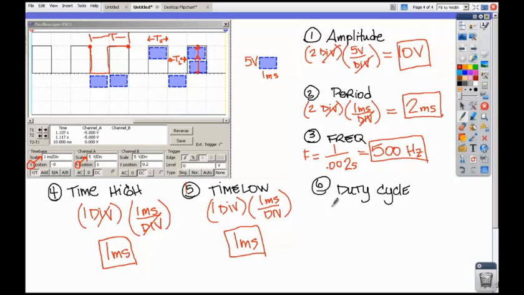So the duty cycle is going to be the 1 millisecond for time high over the 2 milliseconds, and then convert that to a percentage, and you should get 50-50. Right? It's 50% of the time, or half the time it's at the highest, and half the time it's at the lowest. So this is number 4,